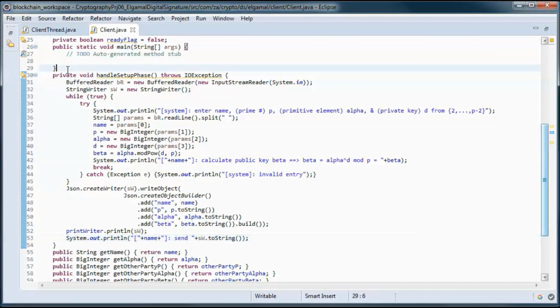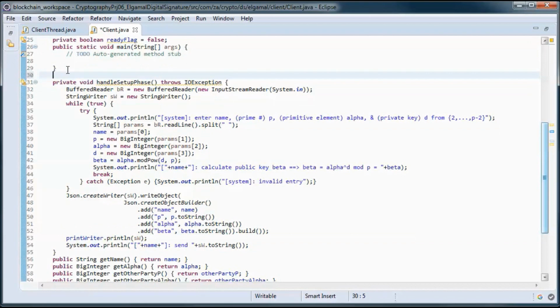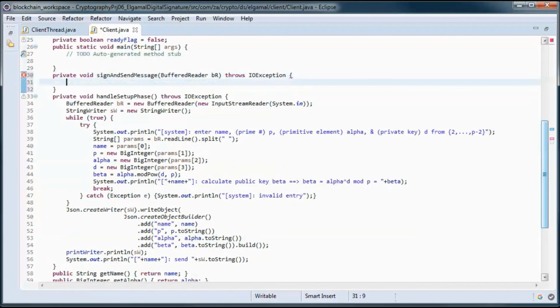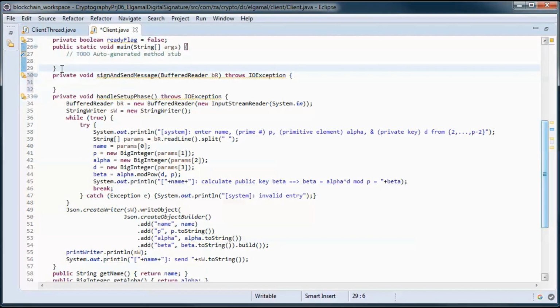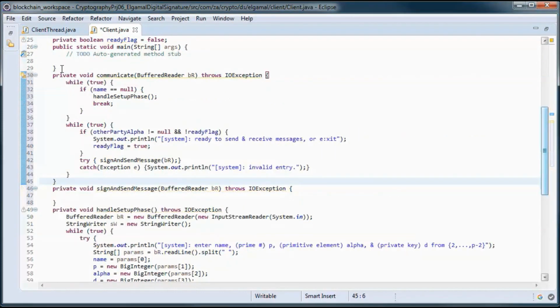And we will have this method for signing and sending messages, and this one handles the communication.